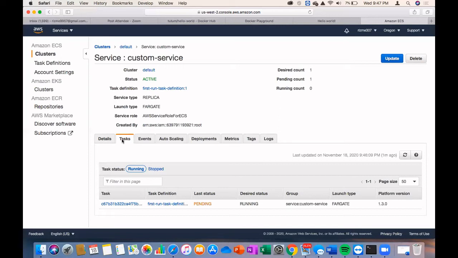Click the refresh button. Not below, just a little bit up on the right side. Still pending, so wait. So you know what is happening in the background. Yeah, it's running now, right? So just click the task now. You have some ID. No, below. You have a task, and below task you have some number. Yes.